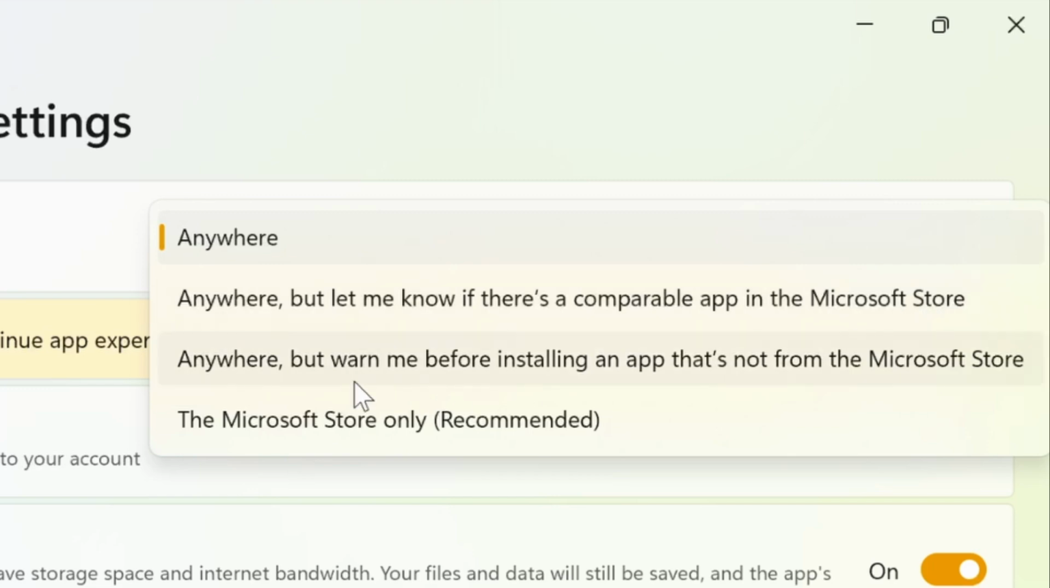Anywhere, but warn me before installing an app that's not from the Microsoft Store, allows you to install apps from outside sources but gives a warning before proceeding. Lastly, the Microsoft Store only, which is the recommended option, restricts app installations to the Microsoft Store, ensuring safety and